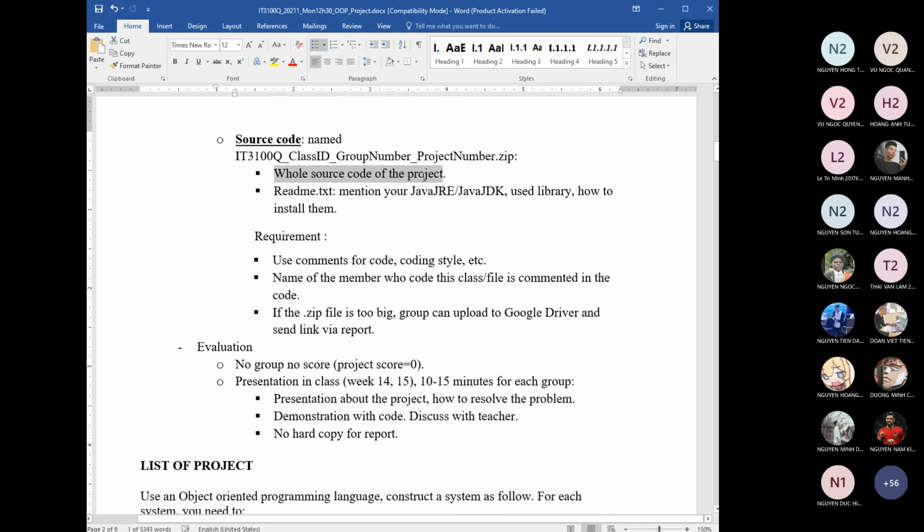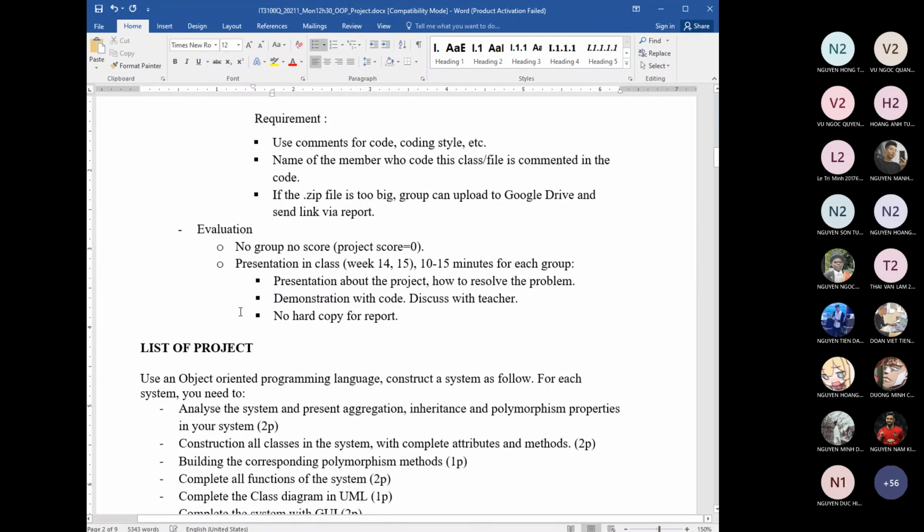And you compress all the source code of the project, and you can create a README file to show me your version of the Java and the library you use, for example. And in your code, please use the programming style. Okay, you follow the coding style or programming style, and you can comment who wrote each file. Okay, and if the zip file is too big, you can upload to the Google Drive, and you send me the link. Okay. So for the evaluation,